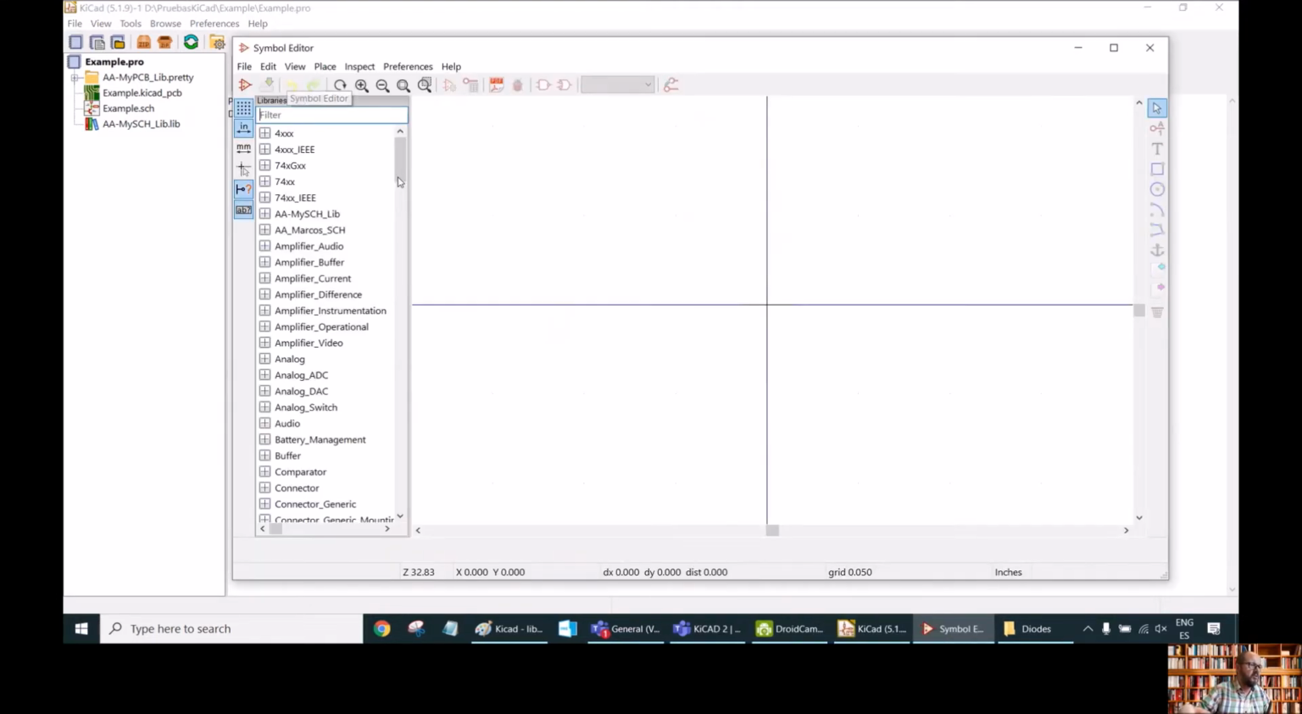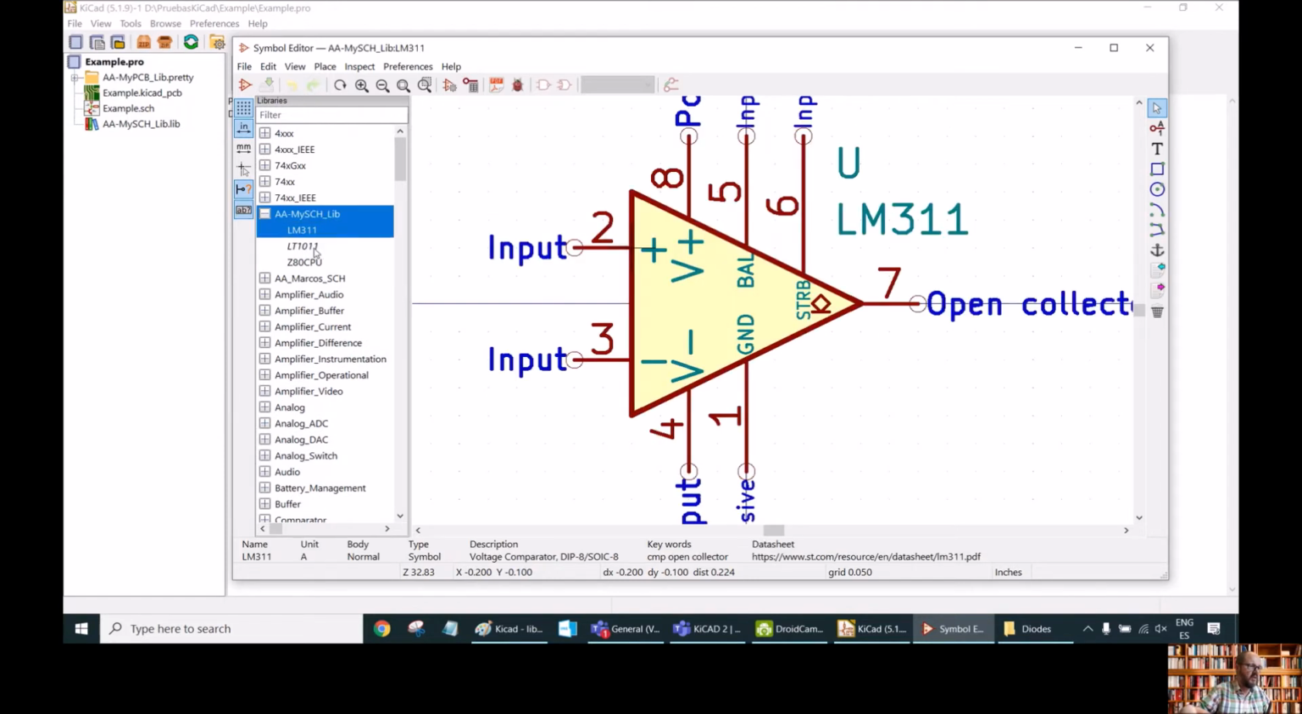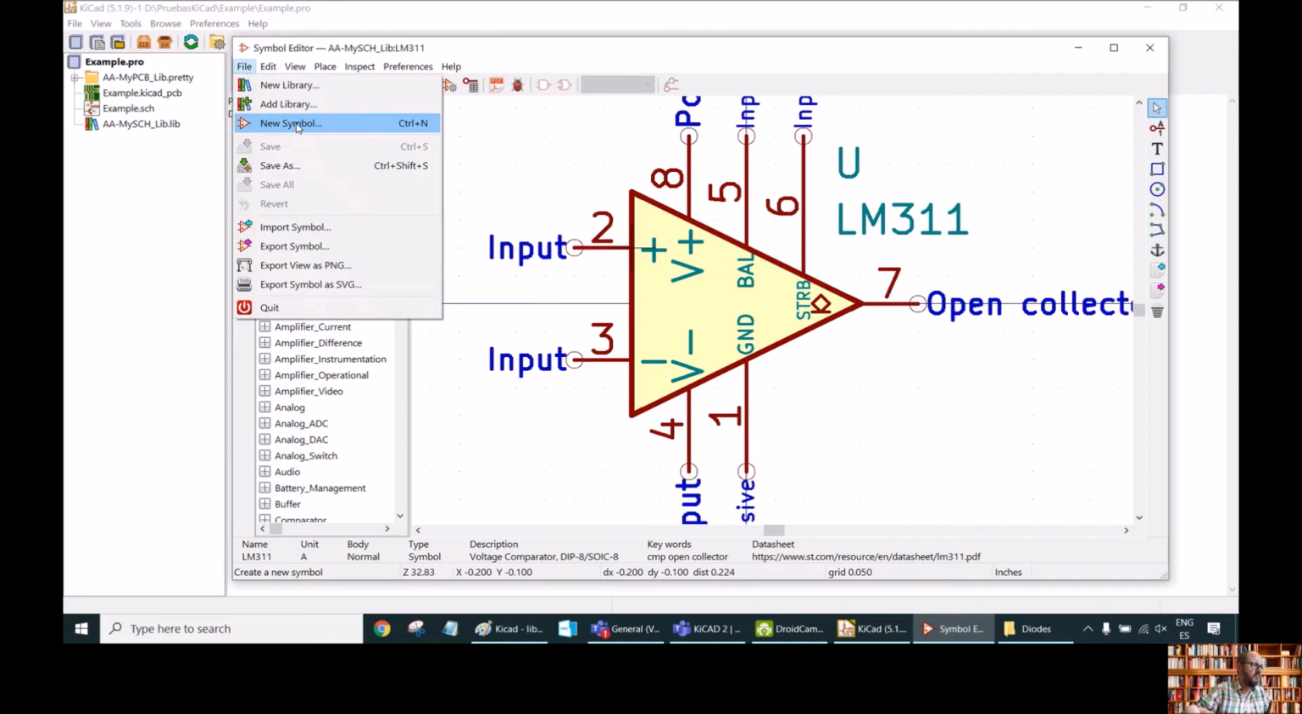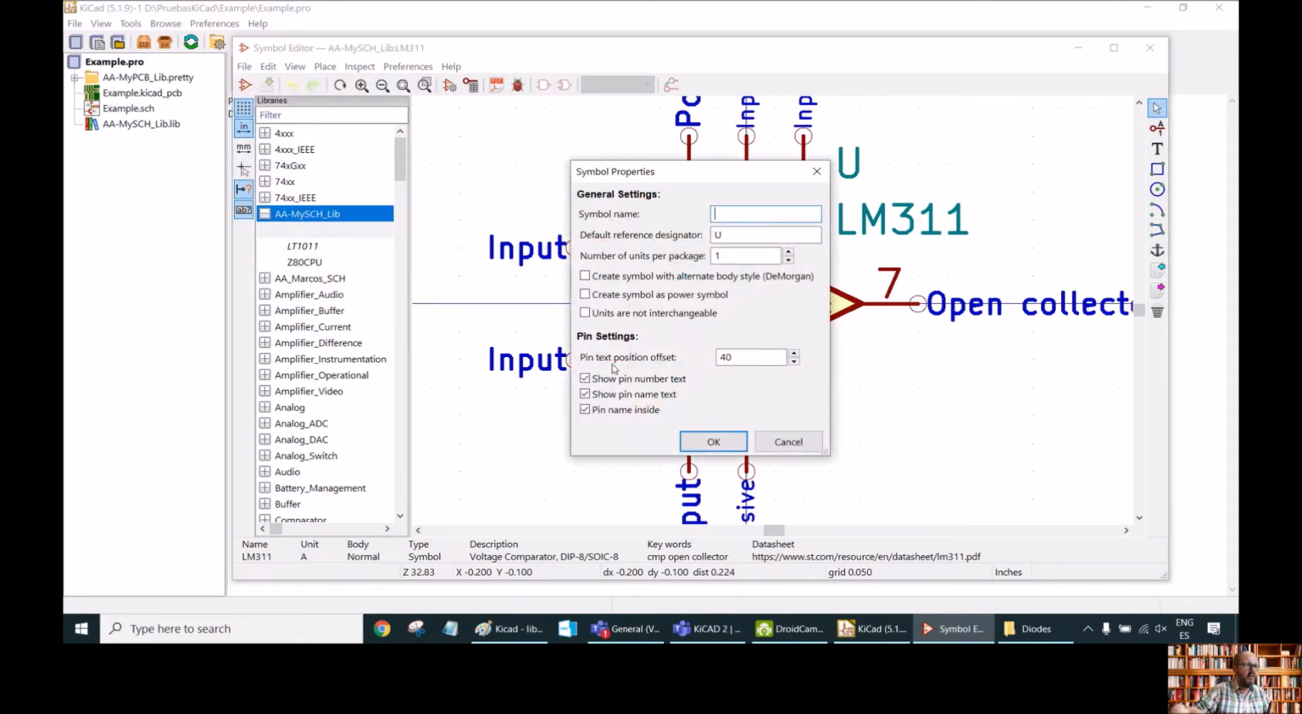This is going to start this new window where we have our new library that we have created before, with the new components that we have created. In order to create a new symbol, a new component, we go to file, and new symbol. Then we have this window. We have to select the name for our symbol. We are going to do a diode, so we select diode,